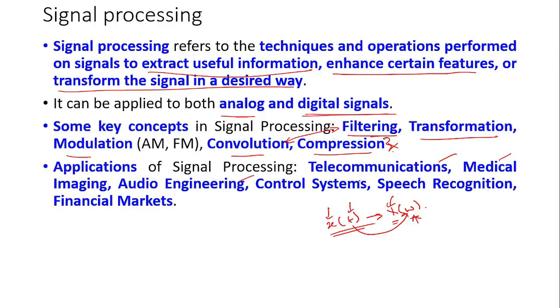Then in control systems, what happens now in the Russia-Ukraine war? Both the parties are using missiles. So how does the missile know that it has to go and strike that particular part? There might be some environmental variations. So once you have set the target, the missile needs to do some manipulation in the air itself so that it can reach the target by eliminating all the hurdles.